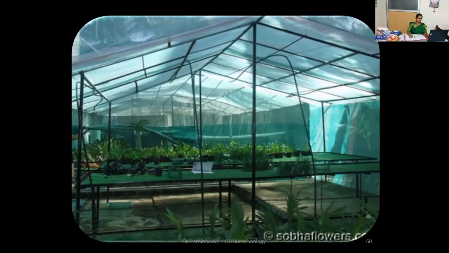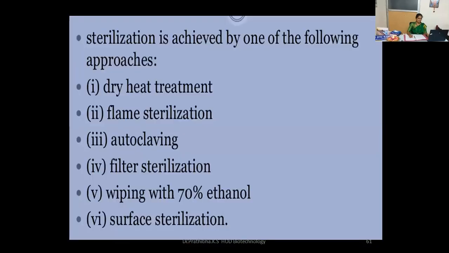In this greenhouse condition, we need to provide appropriate light shading systems, which can be achieved with supplementary lighting. If required, we can also supplement with a drip irrigation system. Misting and fogging can be installed if required. So this is about the greenhouse condition. Let us also go through what sterilization we do in plant tissue culture.